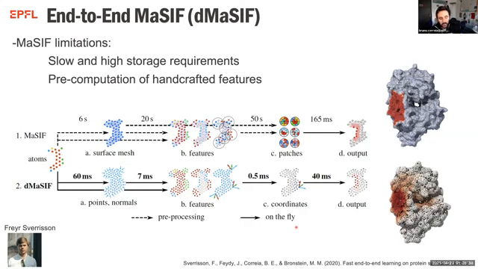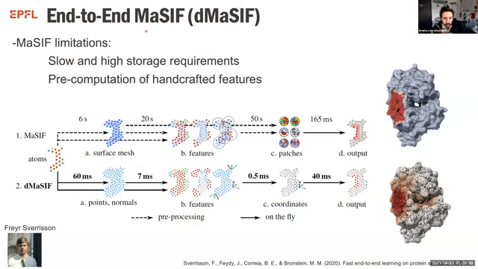So what we thought here was, what if we got rid of those pre-processing steps, and we could have an end-to-end creation of a point cloud that describes the surface, but also a computation of the geometric and chemical features. The geometric wasn't that hard, but the chemical features were relatively hard, because what you're saying here is that you can compute the electrostatics of a molecule just by having the surface points. And so that's what we did here